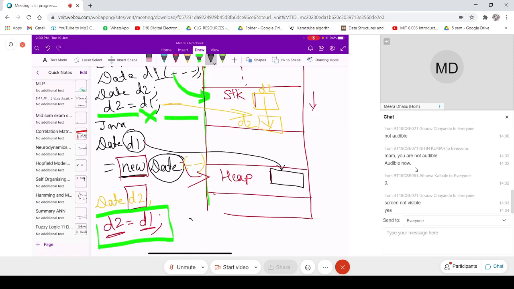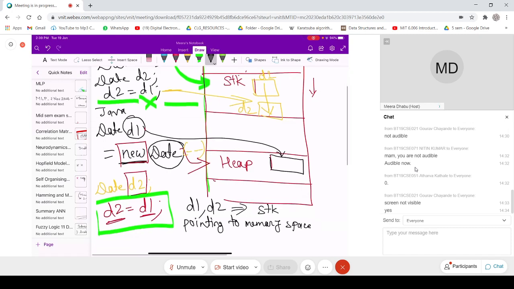This spatial pointer D1 and D2 is actually located on the stack, but they are pointing to memory space or storage space allocated on the heap.